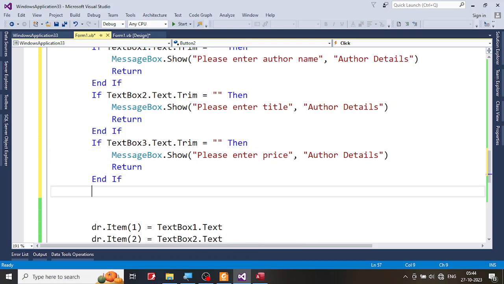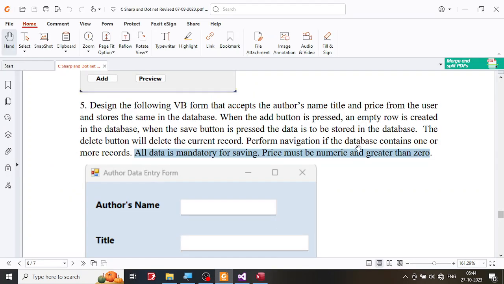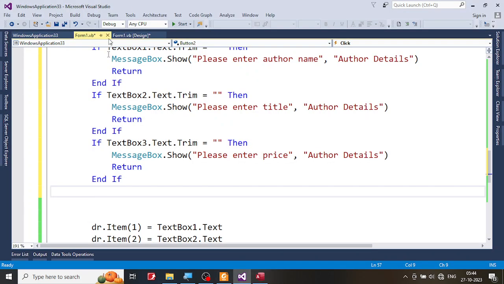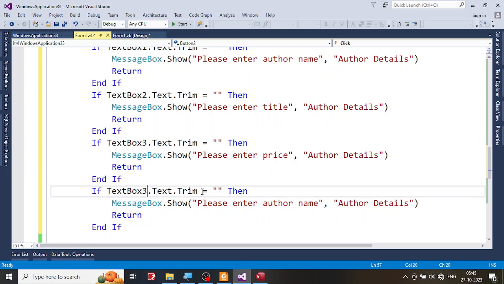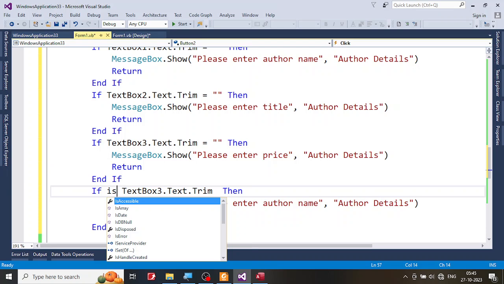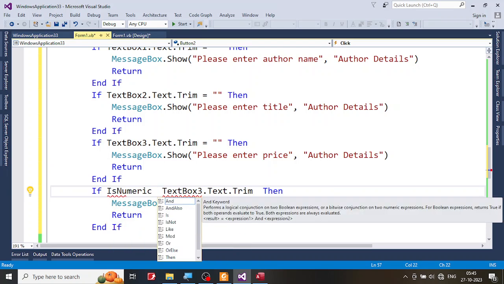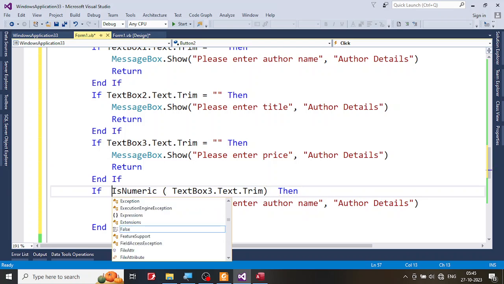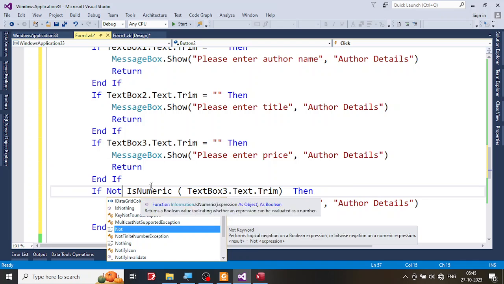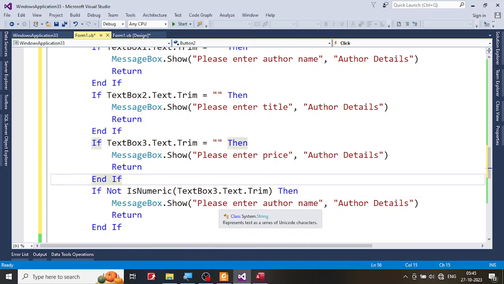What is not over is that we then have to test whether it is numeric. Okay, test again. Is it numeric? Again I'm going to Ctrl V. If the text box 3 is numeric, how do you test it? You use IsNumeric. If it is numeric, well and good. If it is not numeric, please enter